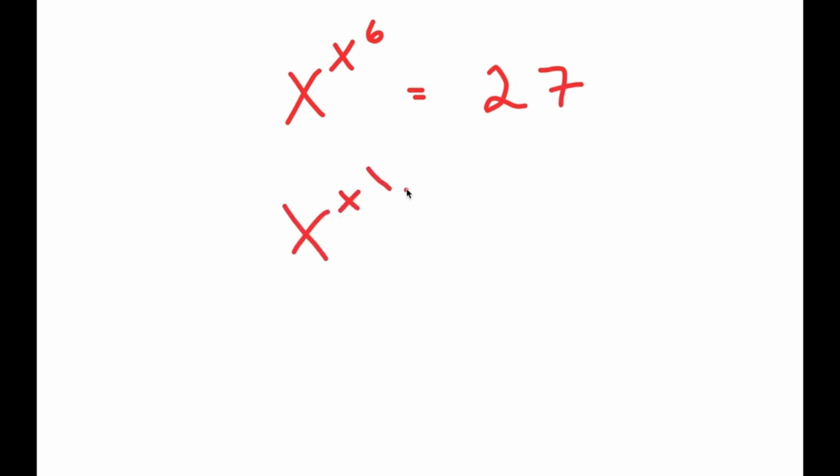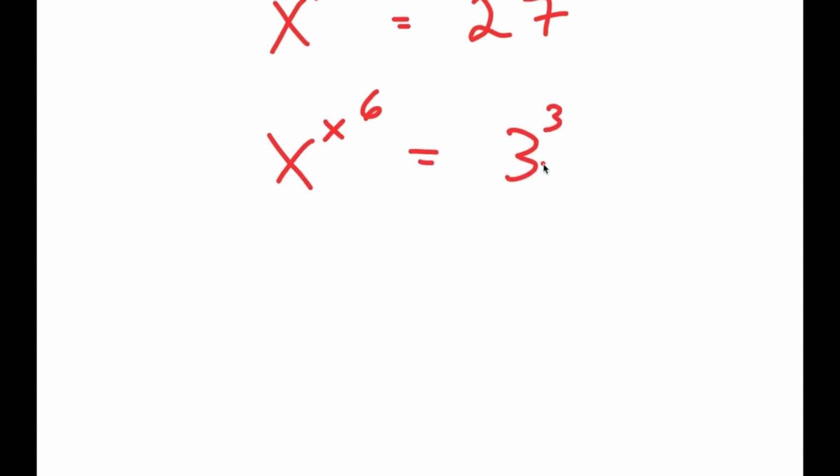Alright, so in this video, I'm going to solve the equation x to the power of x to the power of 6 is equal to 27. So to solve this, I'm going to first rewrite this as x to the power of x to the power of 6 is equal to 3 to the power of 3. And now from here,